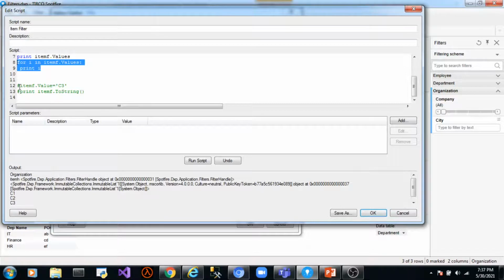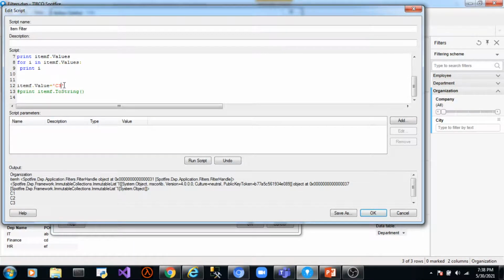Now if we want to set this filter to a particular value, we can use this property value with this item filter object. Suppose I want to set this filter to C3, we can pass the name of the value as a string. It is a string type filter.